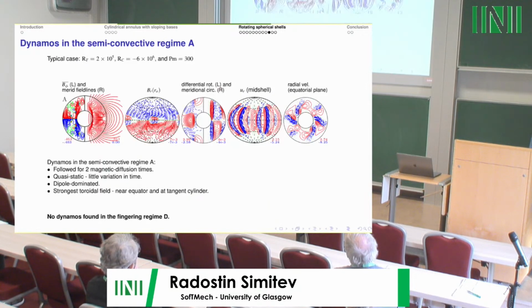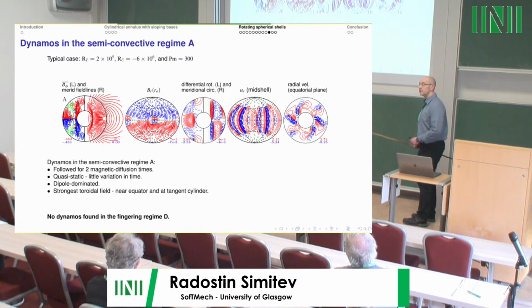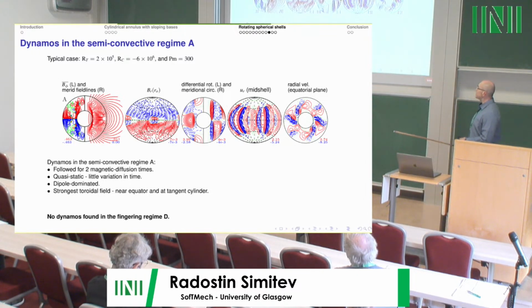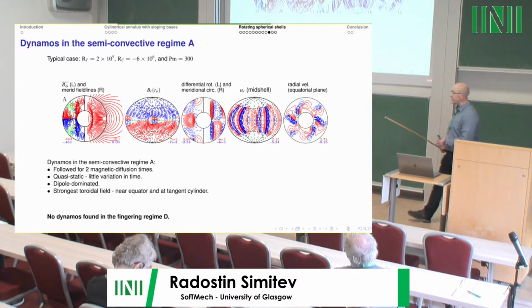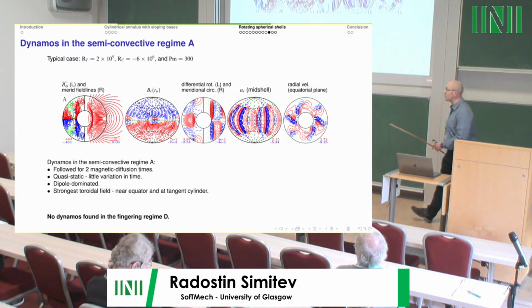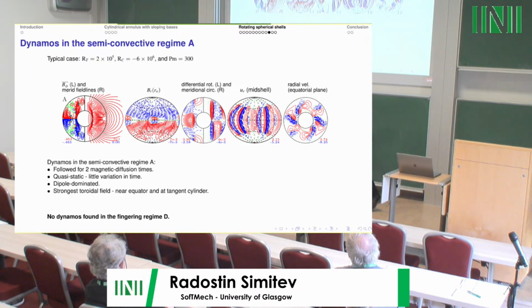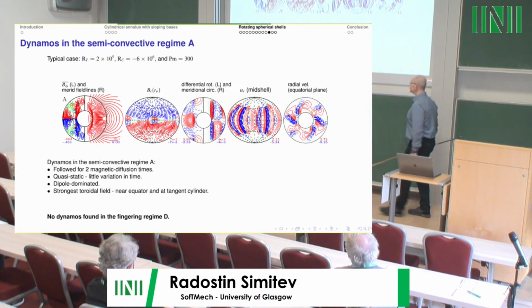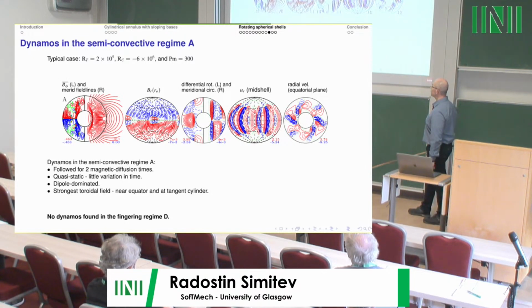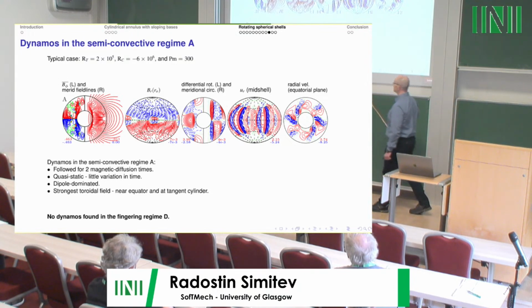And what about dynamos? Now that we know where the different regimes of convection are, what I've done is to increase the magnetic Prandtl number appropriately to obtain dynamo solutions. We weren't able to find any dynamos in the fingering regime D, but we found a number of dynamos that all look similar to this typical case, in the regime